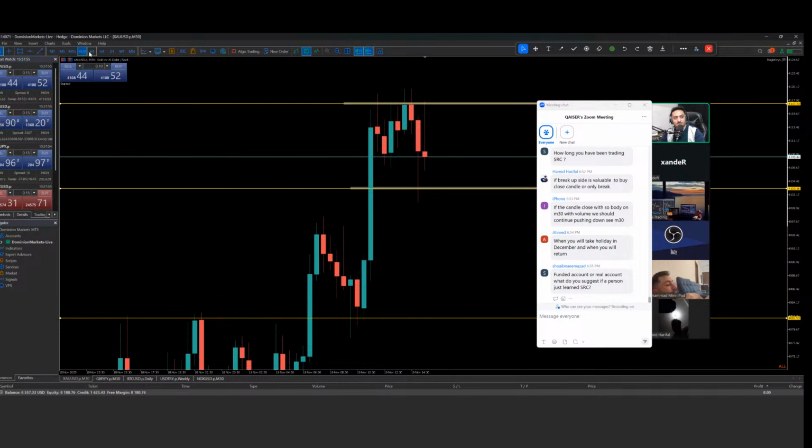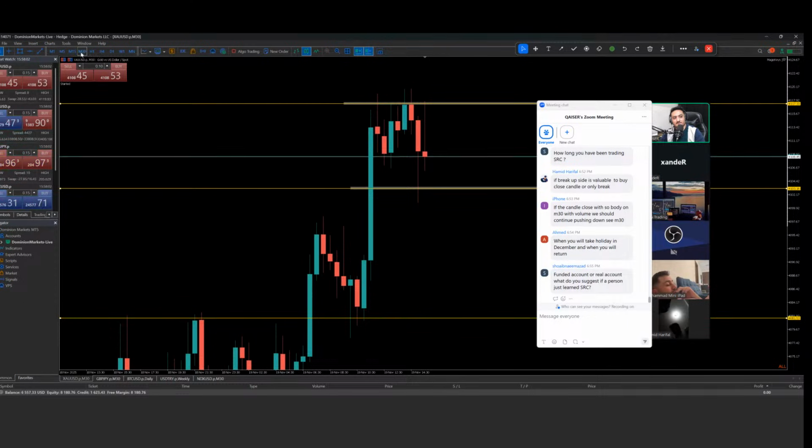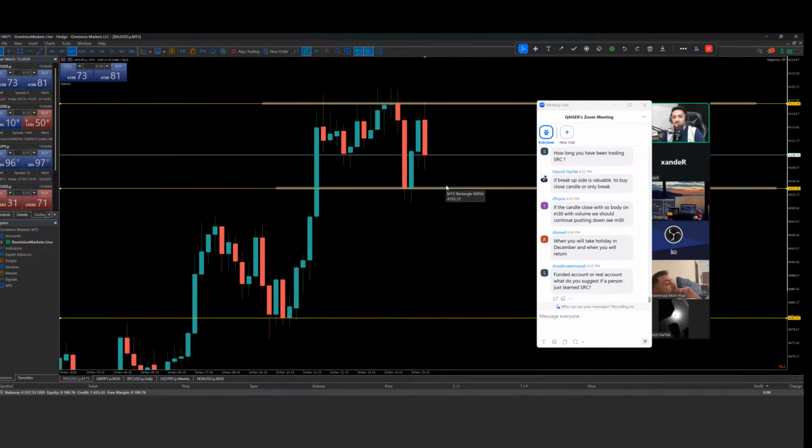3 minutes, 2 minutes left for this H1, M30, M15 to close. Just a few minutes left. I don't know why, but you know what? In the next 15 minutes, if it's not going to give any kind of opportunity, it might start doing consolidation until we hit the FOMC meeting. That can also happen. It can do some kind of consolidation in this area, if we don't get any volume in it.